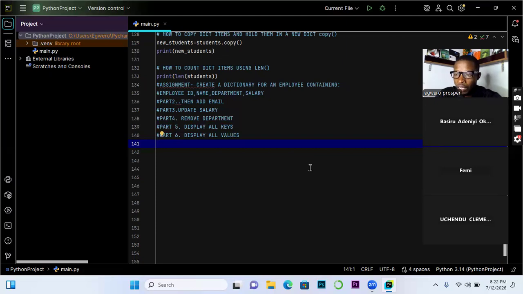Okay, so we have been on advanced data types in Python. And the last one we did was dictionary. We took our time to do much on dictionary.